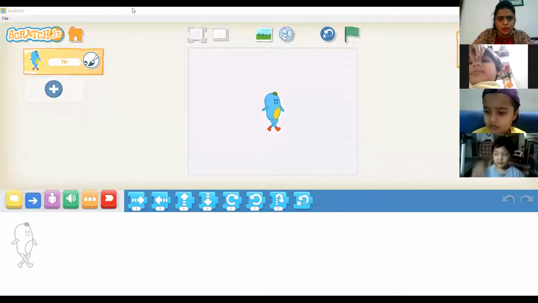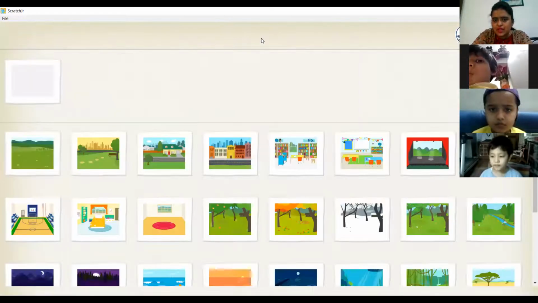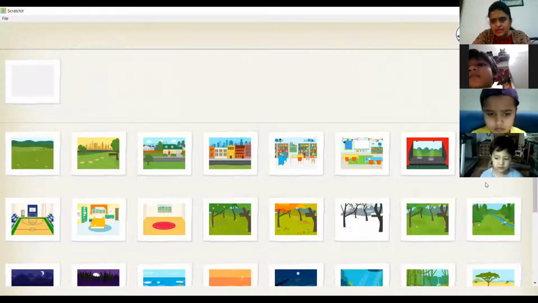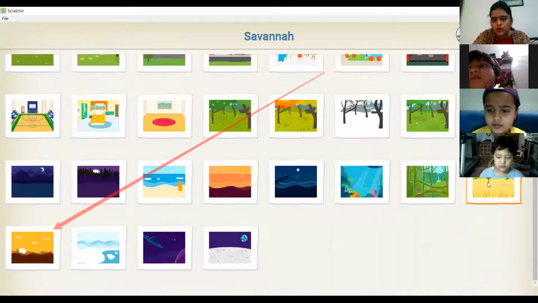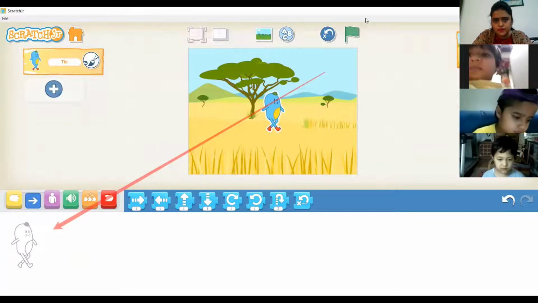See, on the top here, ये आपको scenery दिख रही है छोटी सी ऊपर top में? Yes, everyone can see this scenery. So just click on this scenery. So you will come up with different backgrounds. Okay, so these are the different backgrounds you can choose from. You can take any background from these. Okay, suppose I select this background. Okay, so I'll click on here and then this is set. Understood?